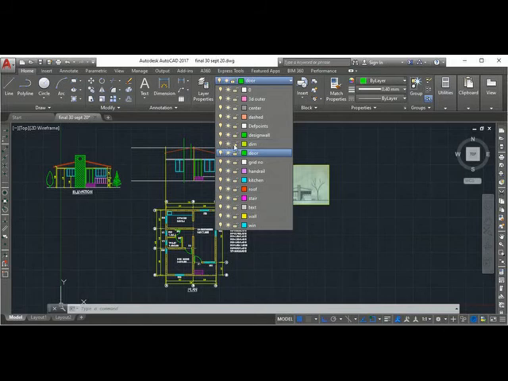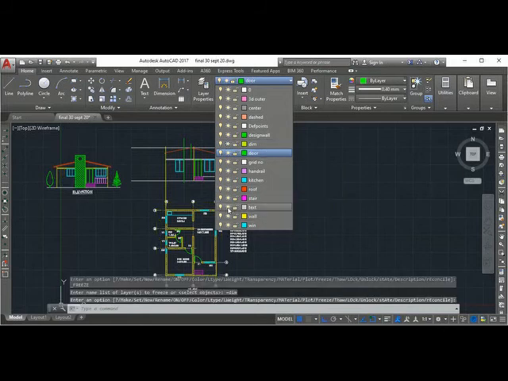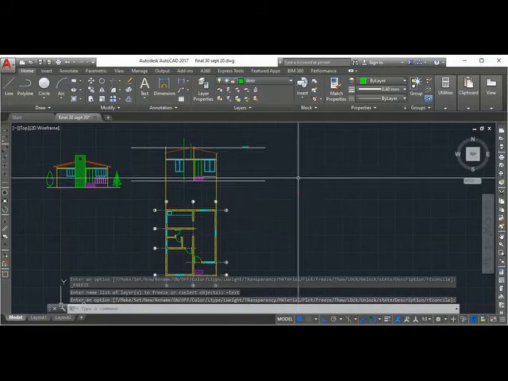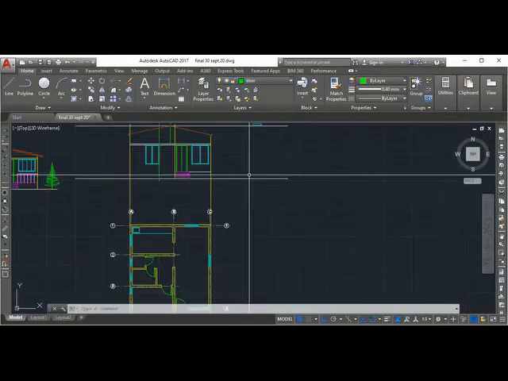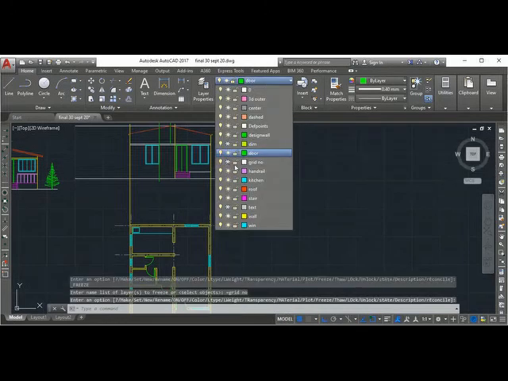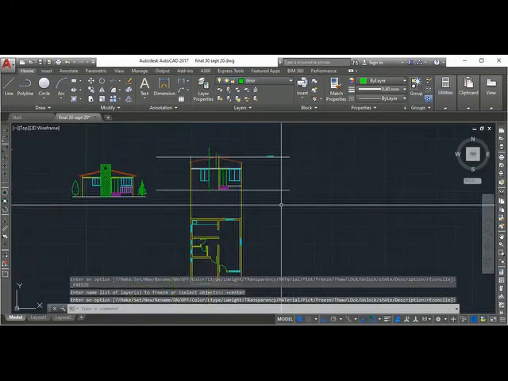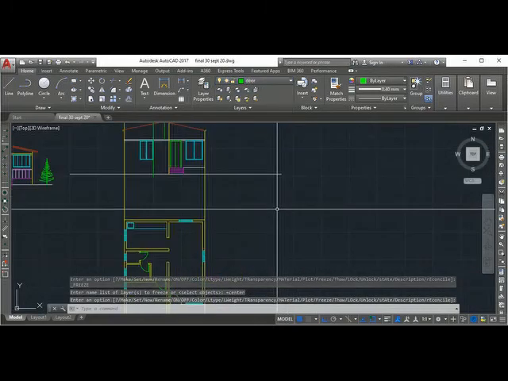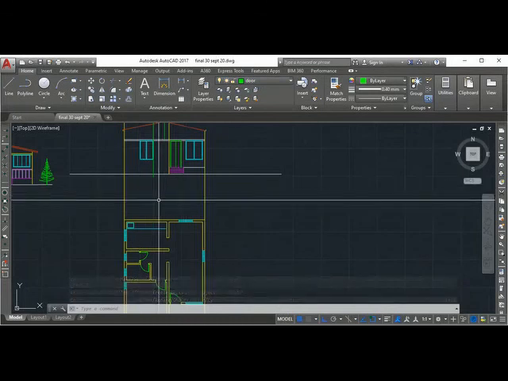Dimension you don't want. Text you don't want. Grid also you don't want. Grid number, center or grid. Okay. This you can trim and remove.